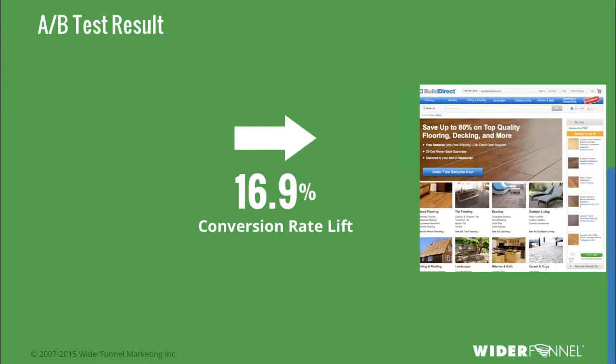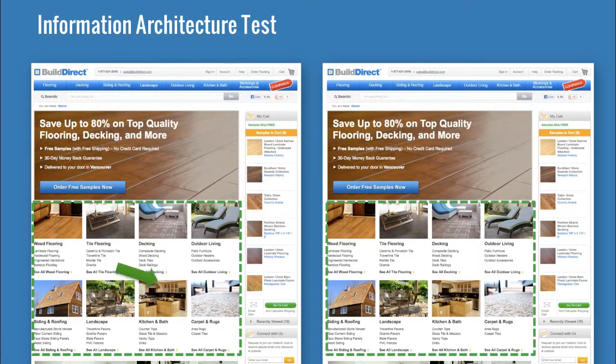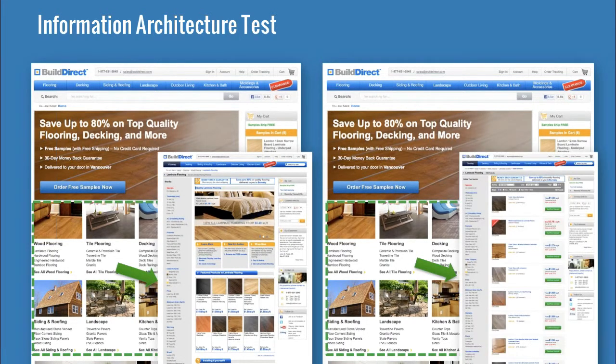Now what's interesting is that through another test, we tested 2 more variations of this same layout, variation C, and they're exactly the same. So don't try and pinpoint the difference here, but the difference is the links of the categories and subcategories to the different pages. In variation A, we had the original where there was a merchandising page for the category that presented the merchandise,